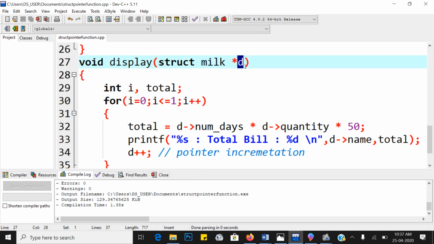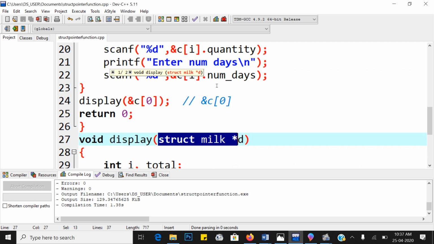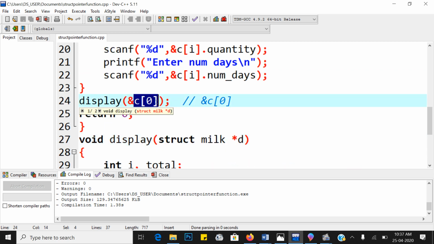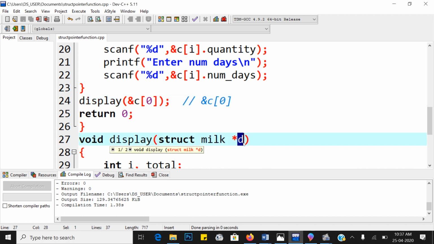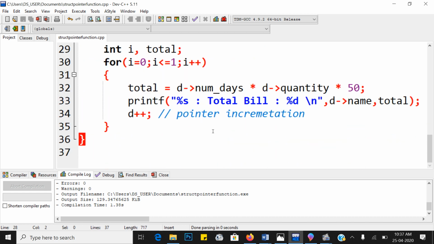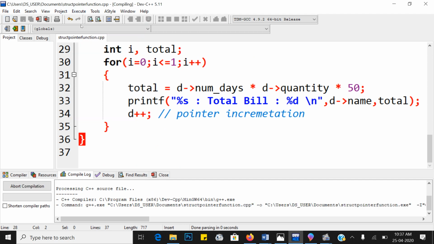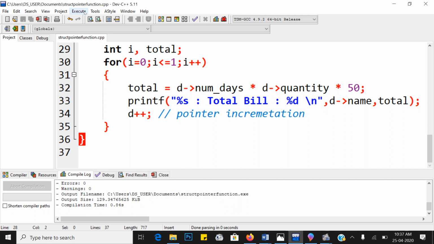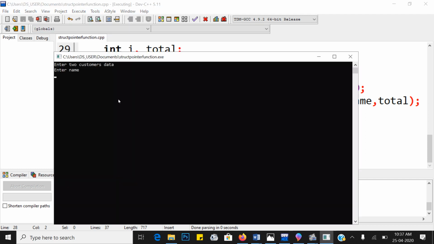D. But this pointer data type is struct milk pointer, because C is of type struct milk value variable. For storing the address, which pointer type of variable do we require? Struct milk pointer. So we have to change the name of the variable. It does not give any syntactical error. Okay, it works.